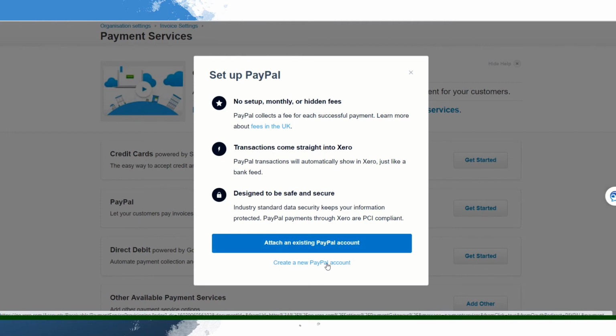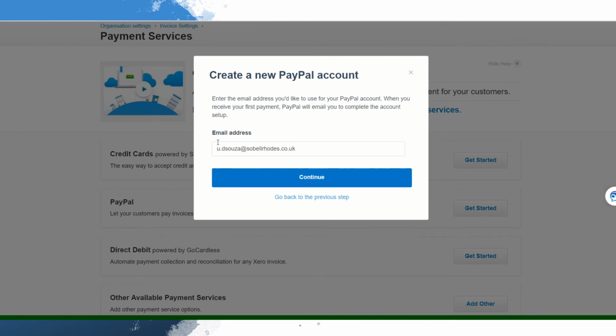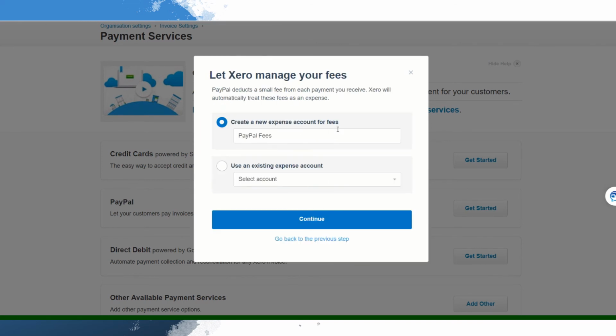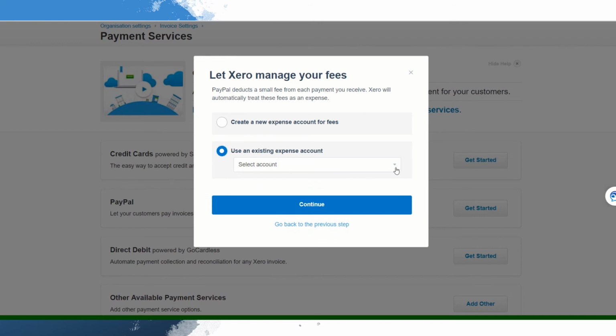So let's click on create a new PayPal account. And here, as you see, my email address is here. You can just put your email address, and I'm just putting mine as an example, and then say continue, and it will take you to create a new expense account for fees. So obviously your nominal code where the fees will be recorded, or you can select an existing one such as bank charges, for example bank fees, where the fees will be recorded. And if I say continue,